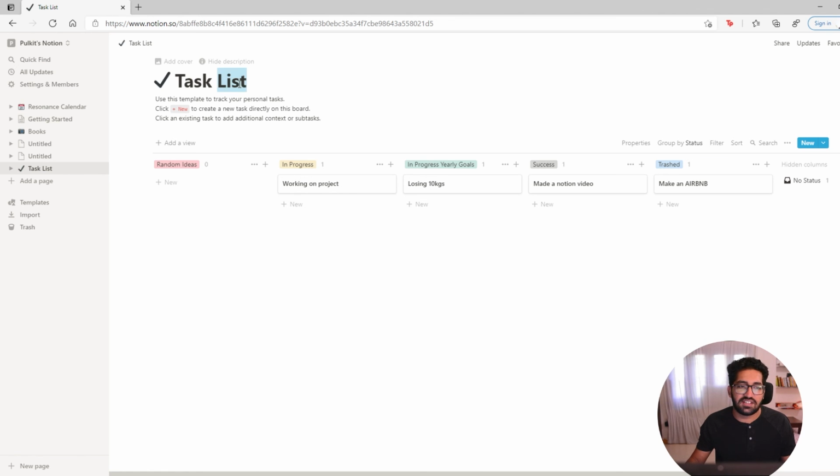So basically call it a life tracker, just to track whatever is going on. Also, you can edit this. You can add more columns here as per your need, and start using it. This could be a great tool, and this could really help you track stuff.